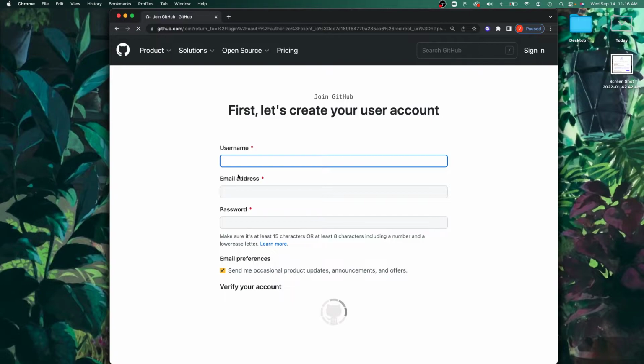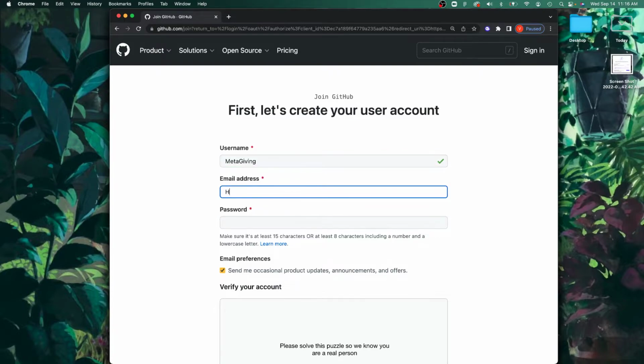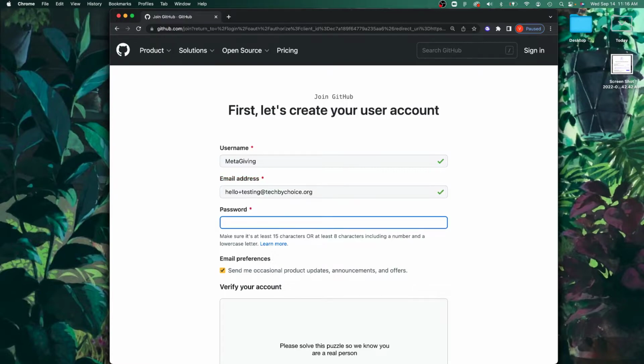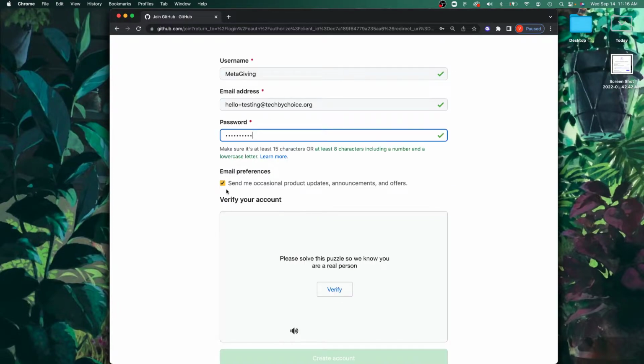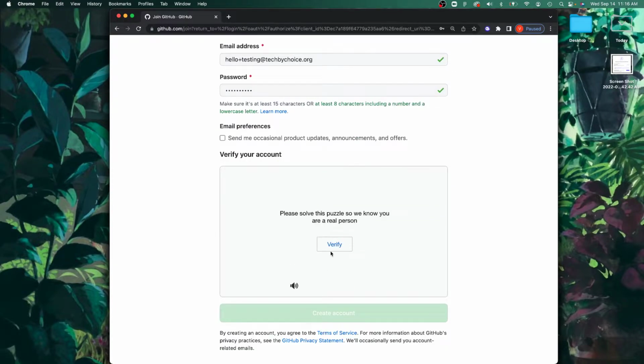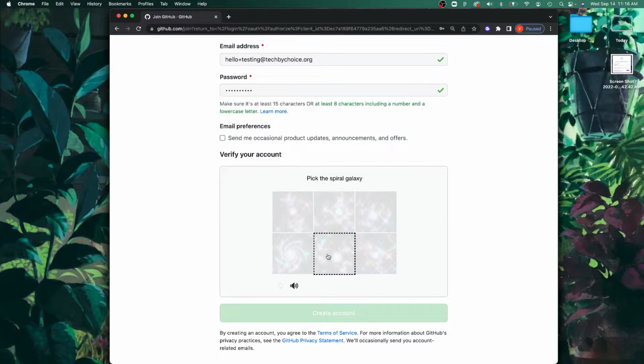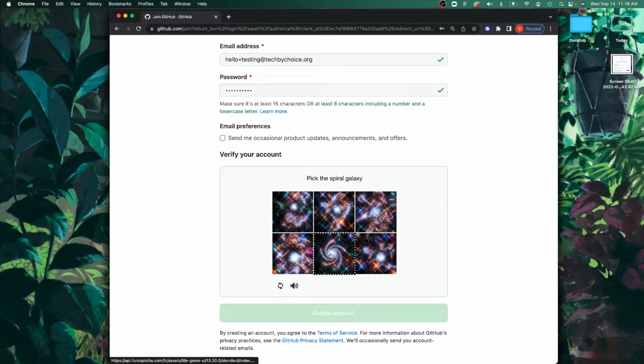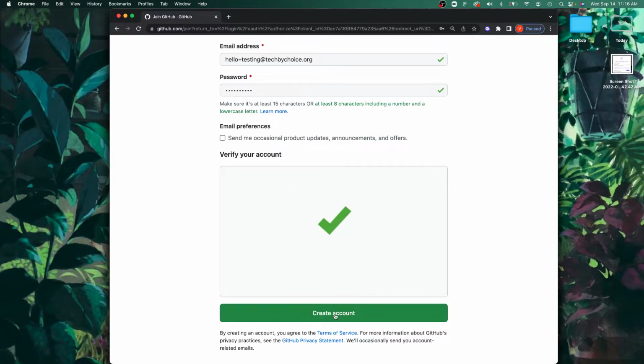The first thing we want to do is create a username. We want to then add in our password, our email, then put in our password. I'm going to uncheck this because this is just a test. I'm going to go back and delete all of these accounts. When I'm done, I'm going to show the computer that I am not a robot and go ahead and create